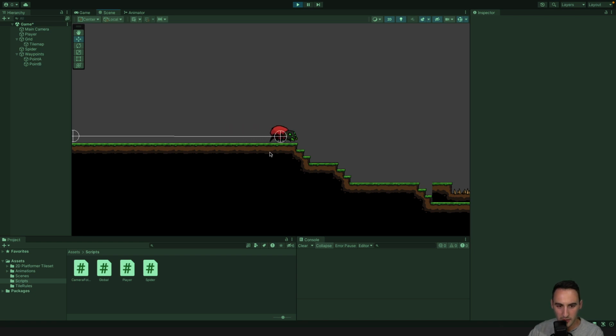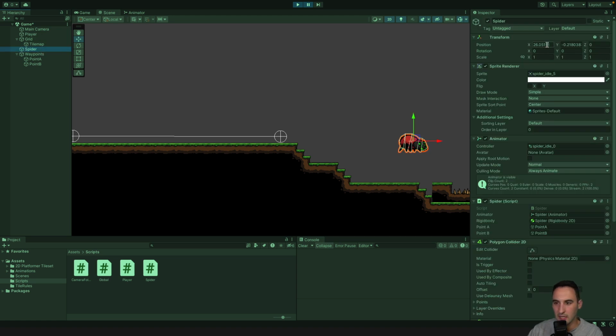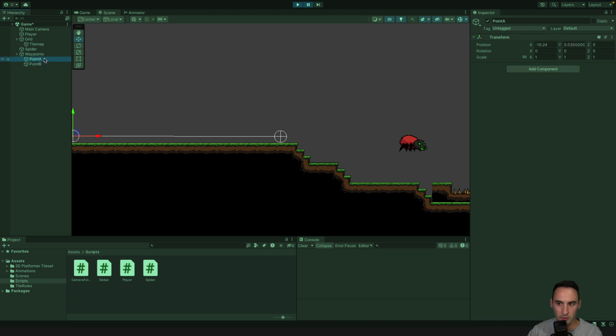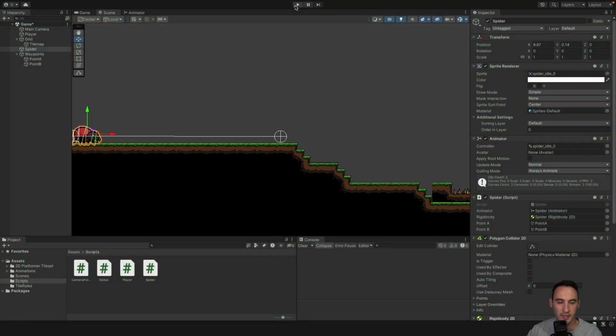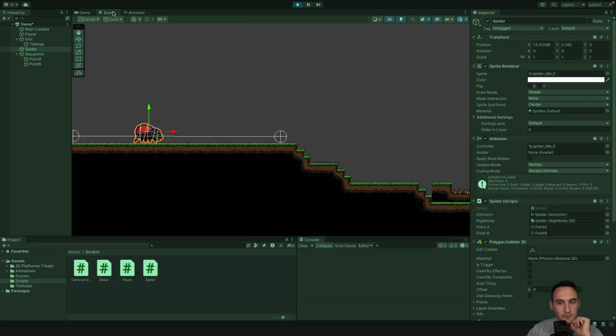So does our spider stop? Nope, it still doesn't stop. It still goes in the wrong direction. So our spider is currently at 26, and our point B is currently at 0. Okay, so let's do this again. Let's start the game again, and let's see if we click on our spider. You can see